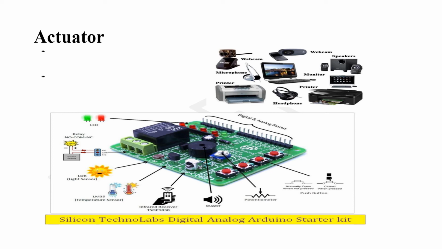See, if you take the example of a speaker, the electrical signal is converted into sound signals. It comes in the form of sound. Whereas a printer, the electrical signal will come in the form of action: you will get a paper. And a webcam converts the electrical signal into video and audio signals which we can see. These are all conversions of energy from one form to another. Sensors also do this, but mostly actuators are motion type, physical type.